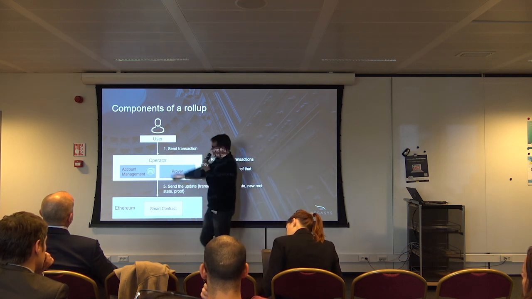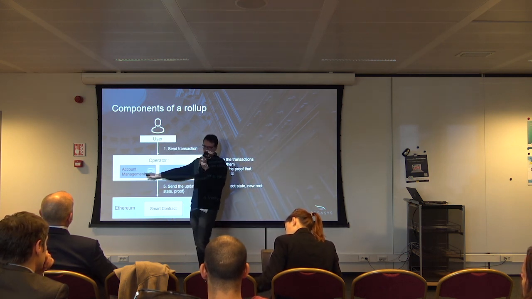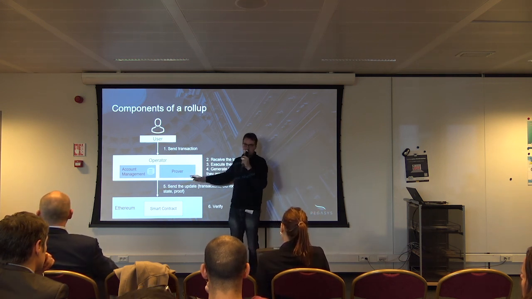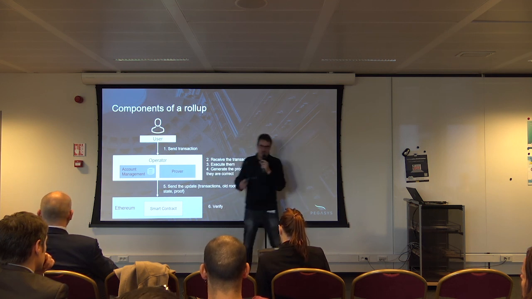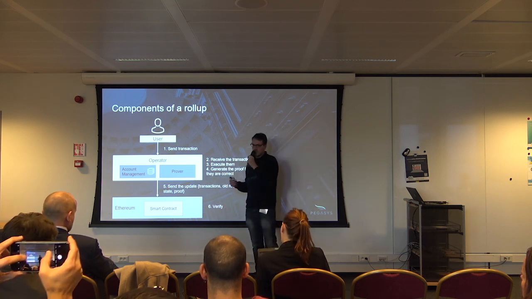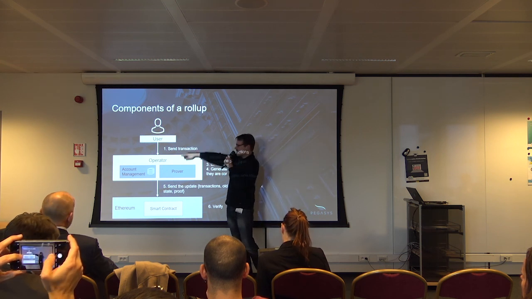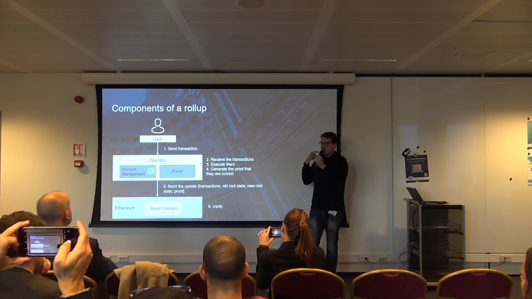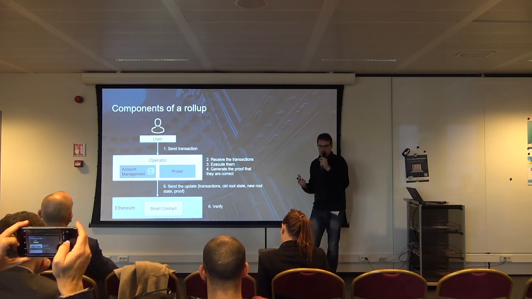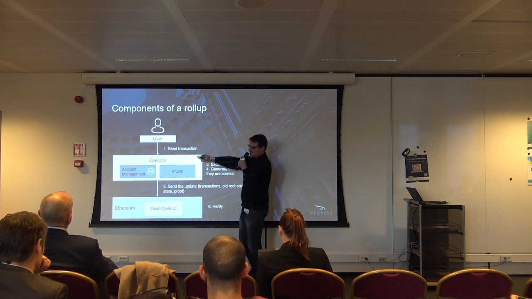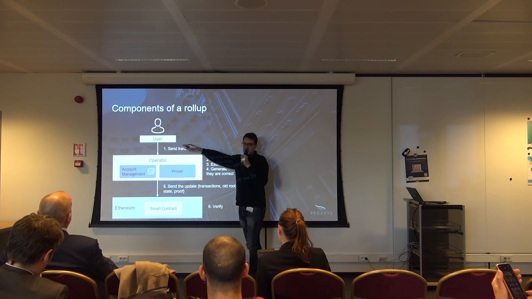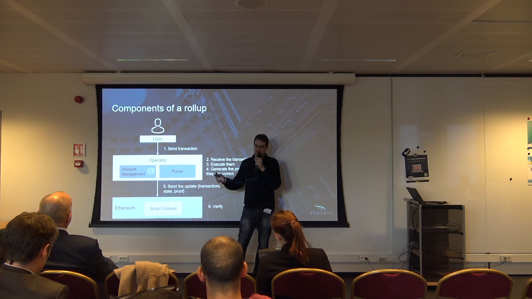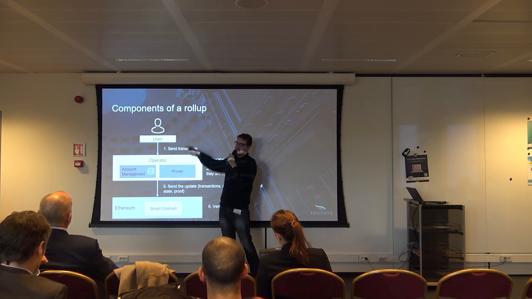And this software is going to manage the accounts for this user, and is going to generate a proof that he has done a proper job working on the accounts. Okay? So this proper job, what is it? It means that an operator should check the signature of the user. The user is going to, as usual, sign transactions. So the operator is going to check that the transaction is actually signed by the user. The operator is going to check how much there is on this user's account, and is going to prove that he has done this check.